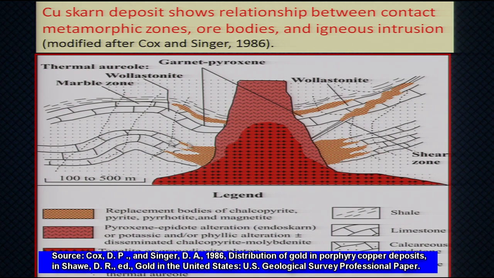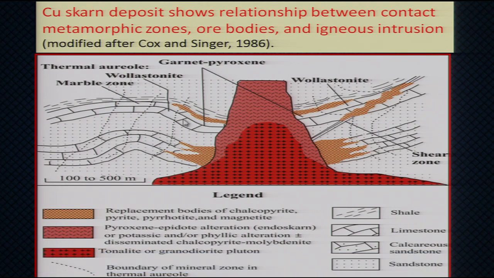There may be a sedimentary rock here, and as a result of reaction you get deposition of wollastonite marble here. In this case, this brown color, brown with texture, is a wollastonite deposit. But remember, this wollastonite deposit is along the shear zone. Shear zone means it is a plane of weakness, and through this plane of weakness the emanations have moved up